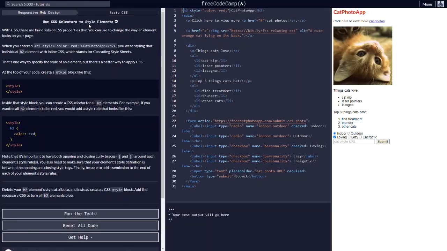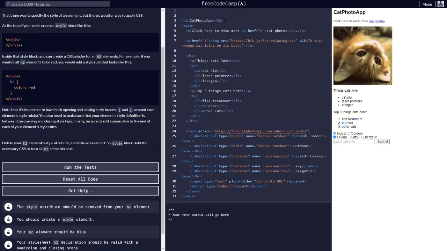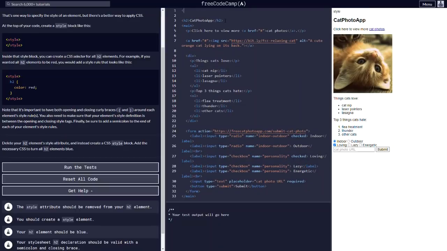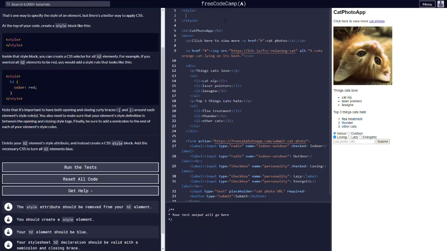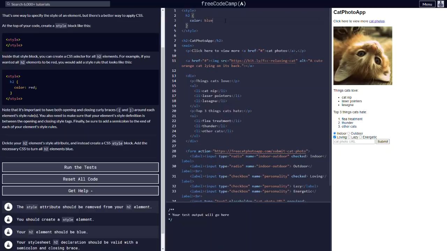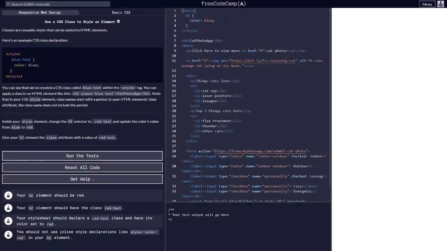Use CSS selectors to style elements. So we're going to be using the style tags, and inside it we're going to be writing actual CSS code that is different from the inline one that we saw earlier, as in this is the better way to do it. So delete your h2 element style attribute only, and we're going to have to create a style block. And okay, we're gonna have to style the h2 elements. We're gonna have to make them blue. And like that,